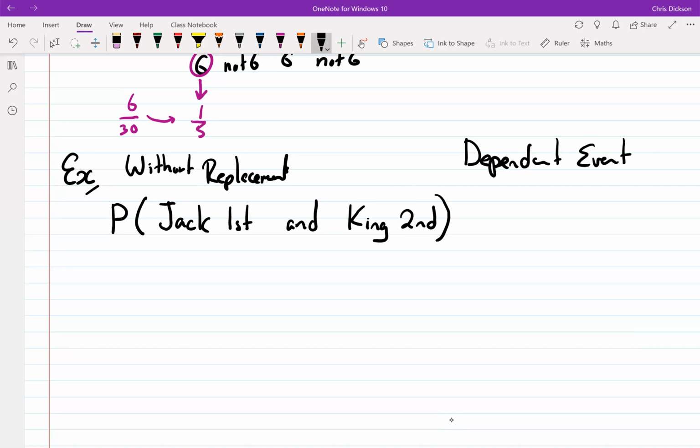Okay, but let's draw a tree diagram here. Now, once again, if you draw literally all the branches that could exist here, it's going to take you forever, right? Because you could have jacks, you could have kings, you could have aces, you could have twos. It's going to take you forever. Actually, that's not true. Not forever. It's just going to take you a longer time.